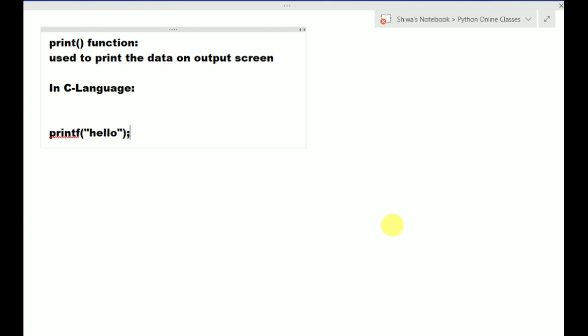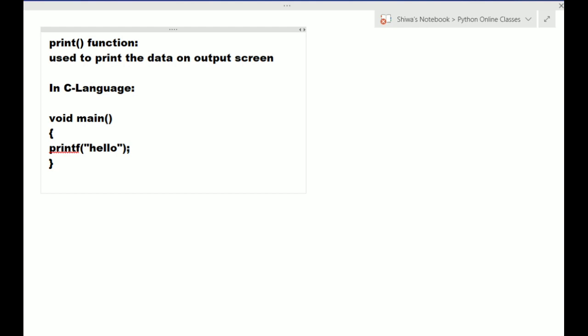Where do we write this statement? In the main function, because main is the entry point of the program. Here I don't want to return any value, so I am writing the return type as void, then the function name main, no arguments, a starting point and an ending point of the function.